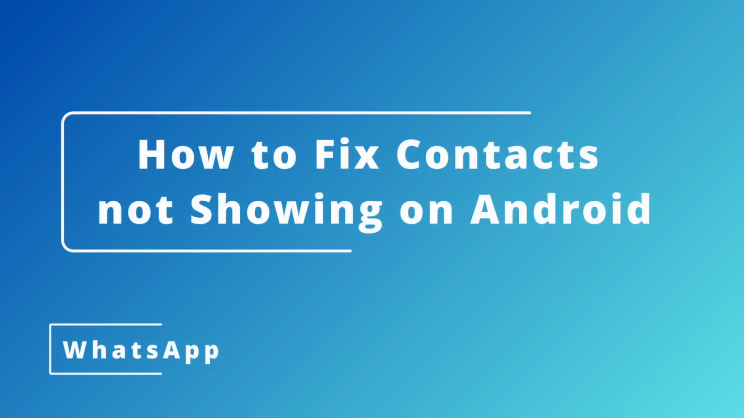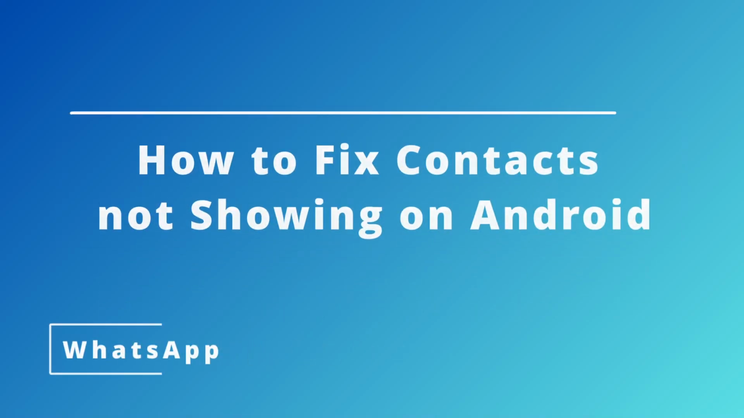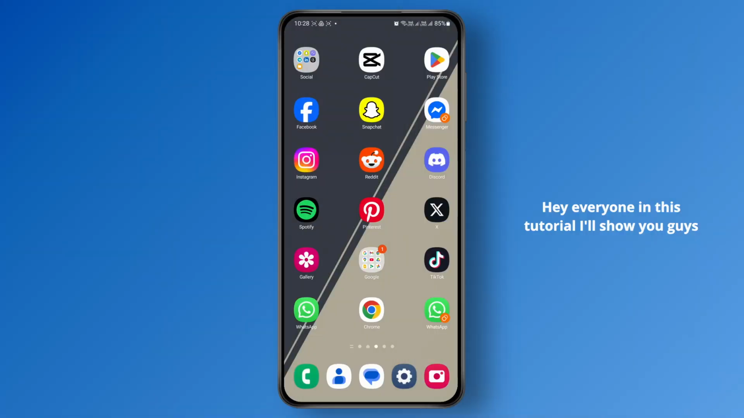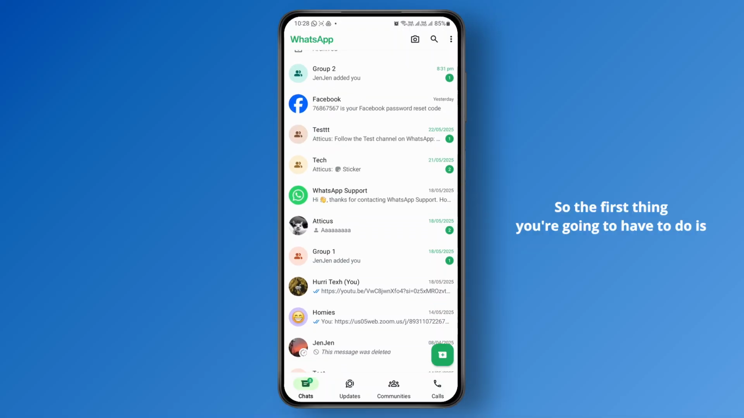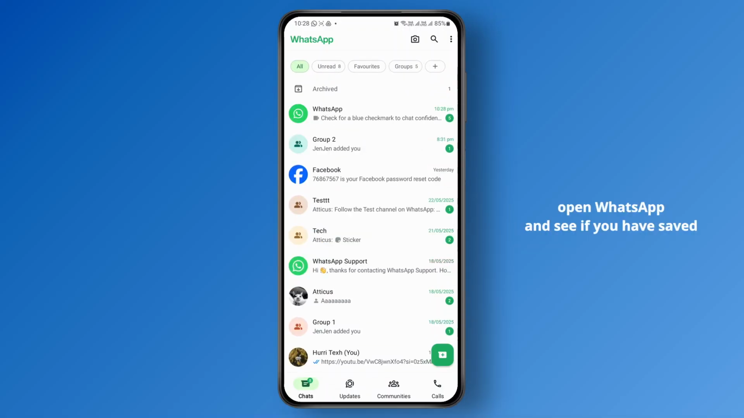How to fix WhatsApp contact not showing up on your phone. Hey everyone, in this tutorial I'll show you guys how you can easily fix if you're having trouble seeing your contact names on WhatsApp. So the first thing you're going to have to do is open WhatsApp and see if